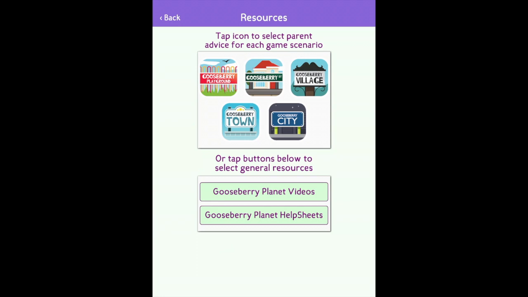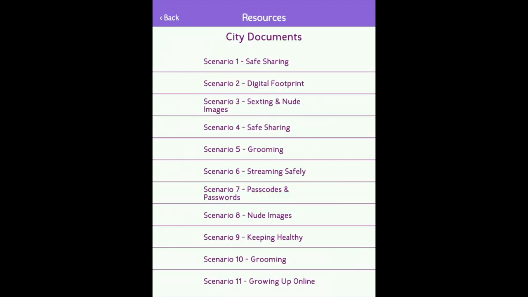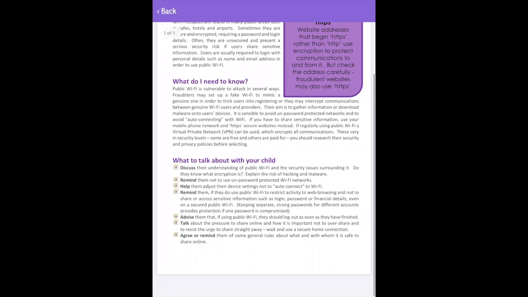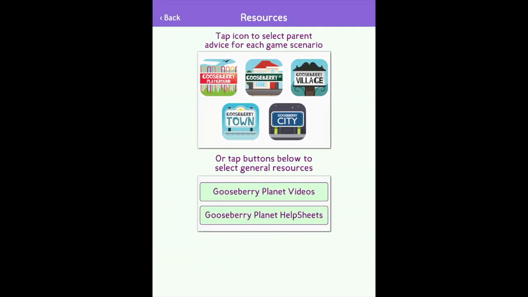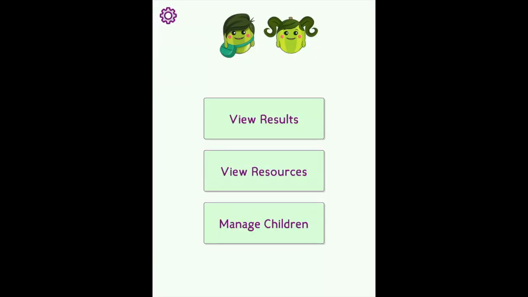Also, for each of the different lessons that we've taught, you can have a look at the different area and open up a help sheet for each of the lessons that we've taught. So even if you haven't had it sent home yet, you can still access all of this information.